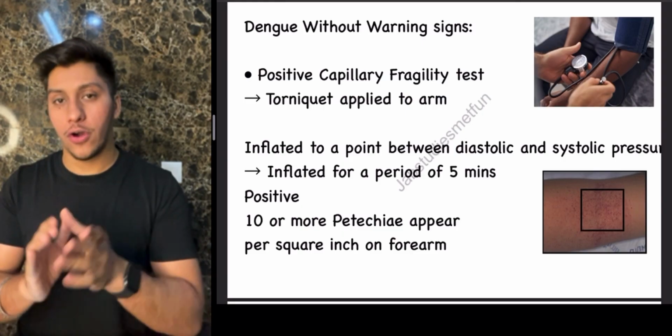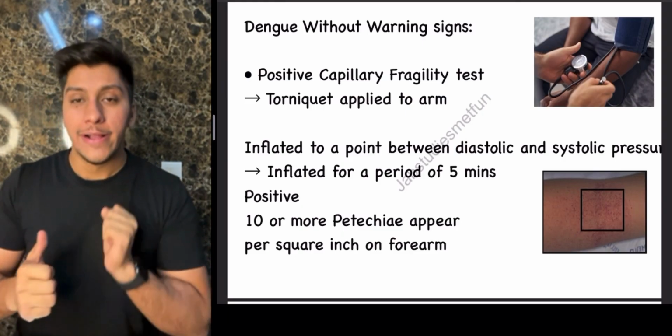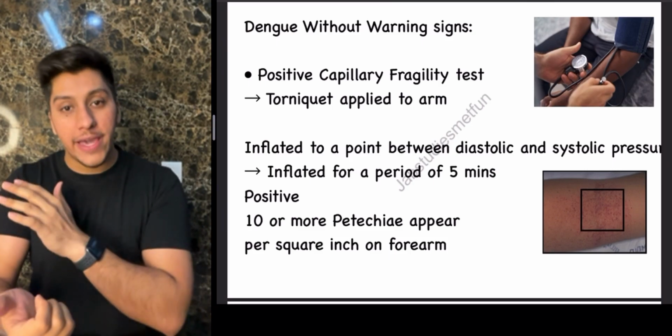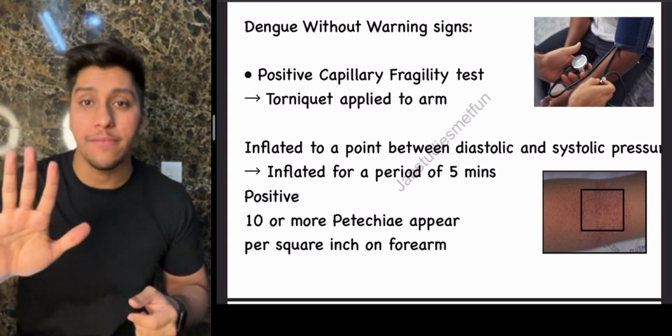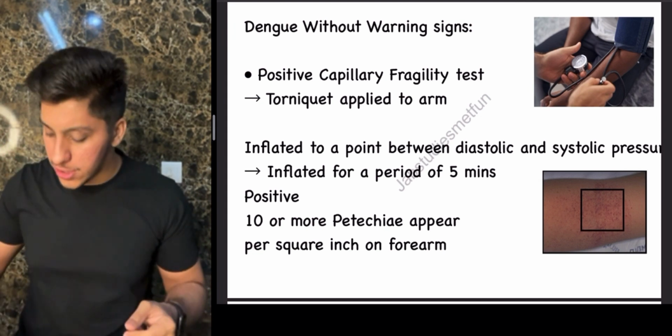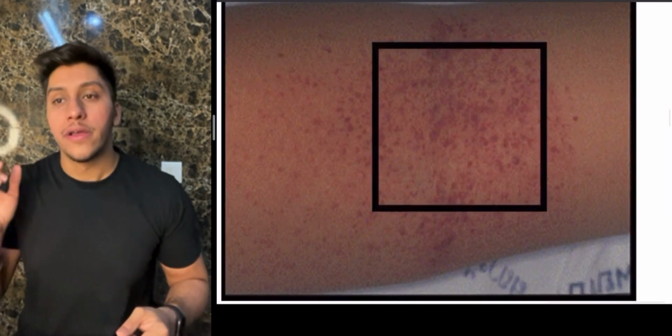Take the middle part of 120, 80. That is going to be 100. So what you're going to do is apply the pressure, keep the sphygmomanometer on, and hold for 100 for up to 5 minutes. After 5 minutes, what you're going to see is a petechial rash which will be